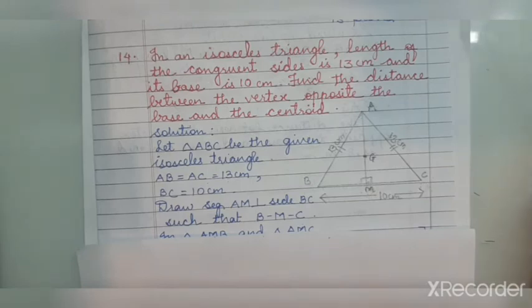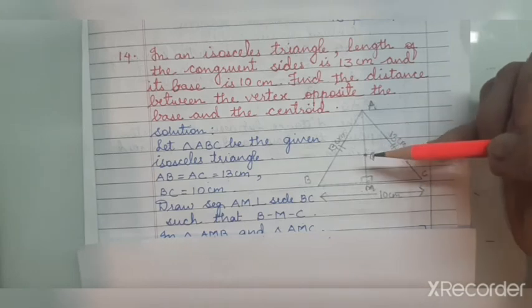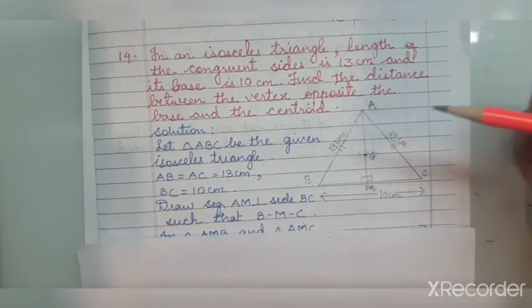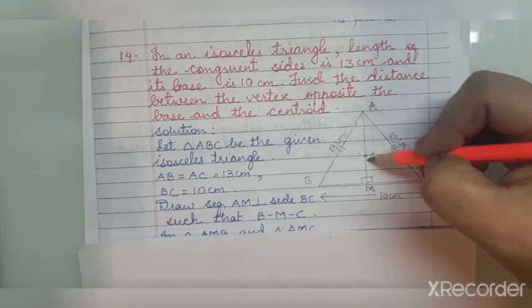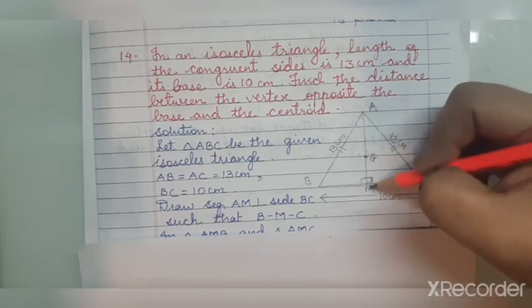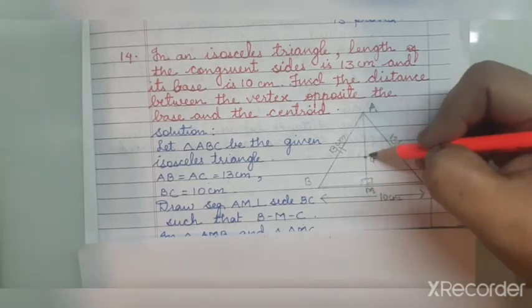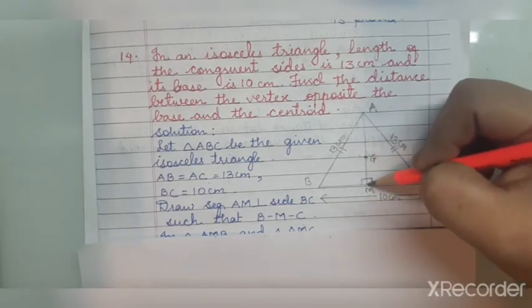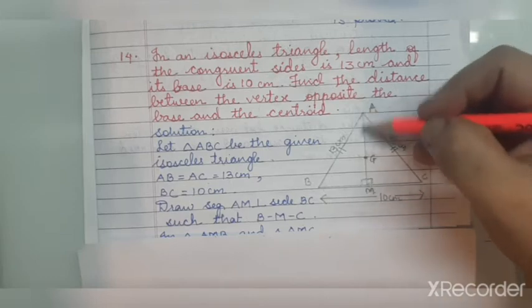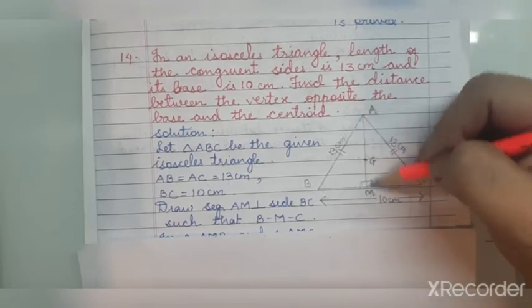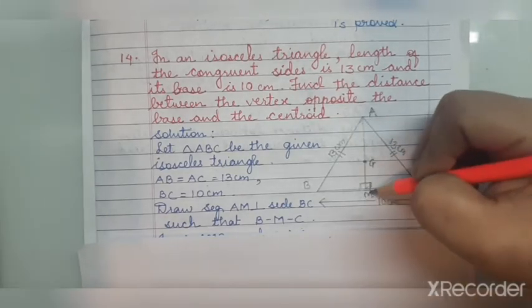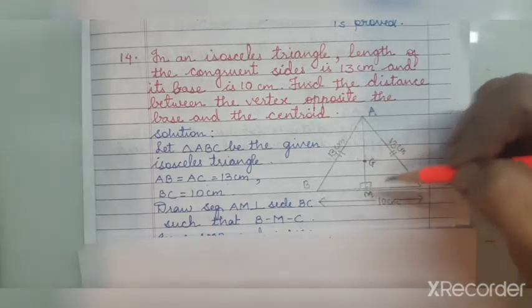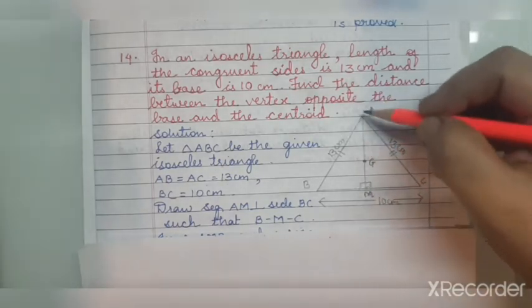So now, coming back to how we reach there. If you remember the property of a centroid that we studied, if AM is a median, then AG becomes 2/3 of AM. So if we get AM, and if we prove AM is a median, we can solve the problem. So we need to find AM as well as prove that AM is a median. So how can we reach AM?